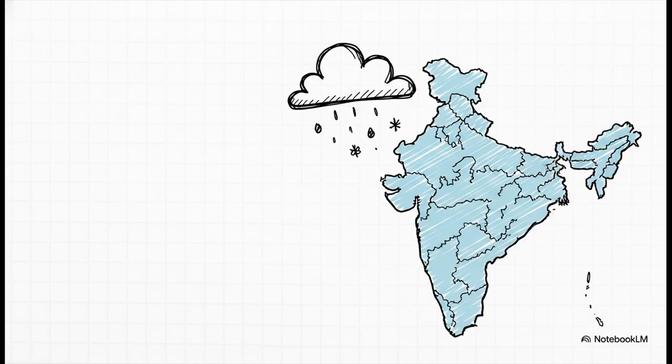And where do these crops grow best? We're talking mainly about the northern and northwestern states, places like Punjab, Haryana, and Uttar Pradesh. Their success there really depends on winter rain, which often comes from these weather systems called western temperate cyclones. Basically, these are just winds carrying a ton of moisture all the way from the Mediterranean, and they provide that crucial, life-giving water for our winter crops.